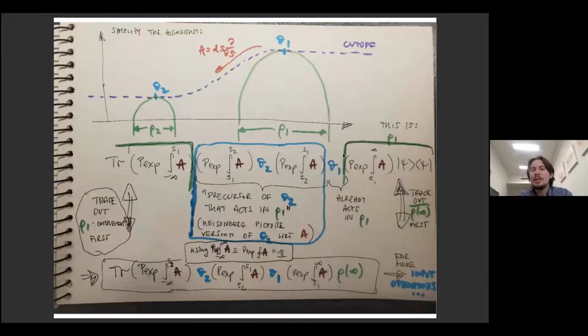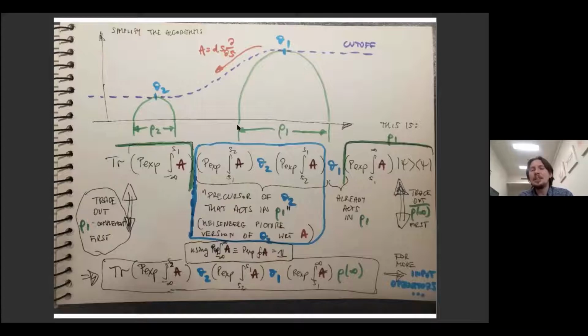Now, what about this O1? Well, that's already something that acts in rho 1. So now I have a situation where this whole trace actually has something that acts on O1, something on this little Hilbert space, something else that also acts just here, and then I have this Wilson line. But at this point, everything in this expression, I'm just forming a trace, actually only depends on what happens inside this entanglement wedge. Therefore, I can take this trace,